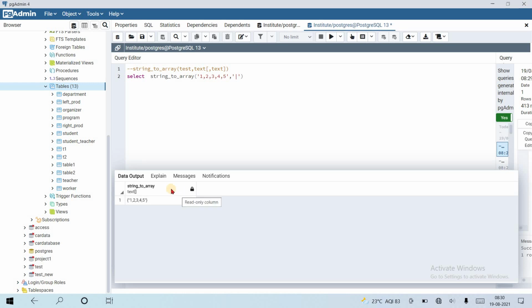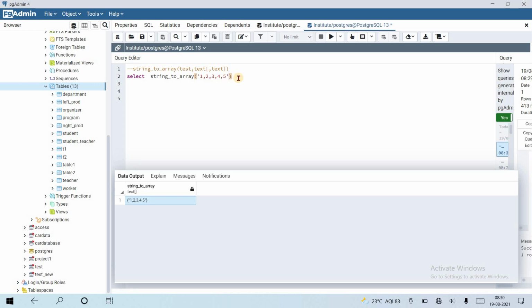So it will convert this string into an array. If I copy this and paste it here, you can see that these values are pretty similar to an array object. 1 2 3 4 5, you can see that this is like an array, and this will not affect anything.